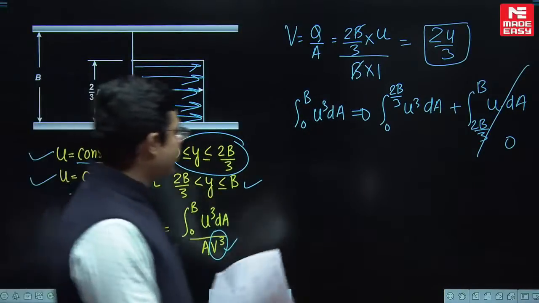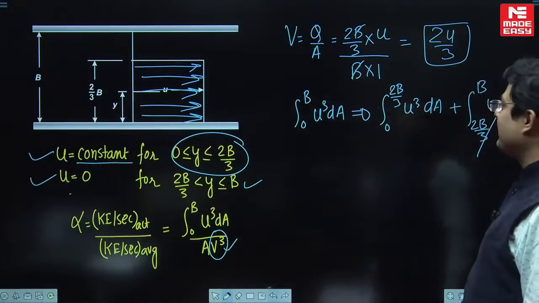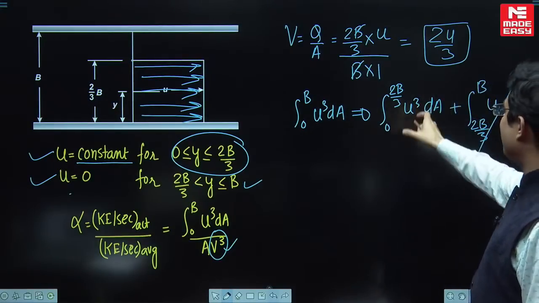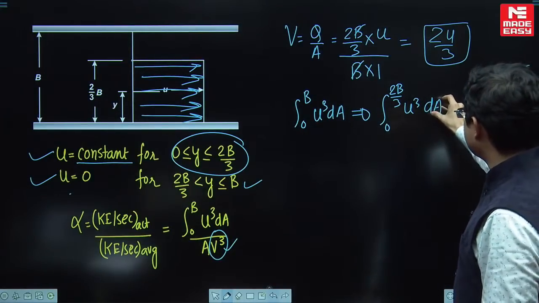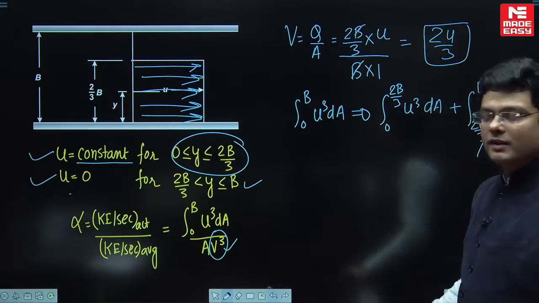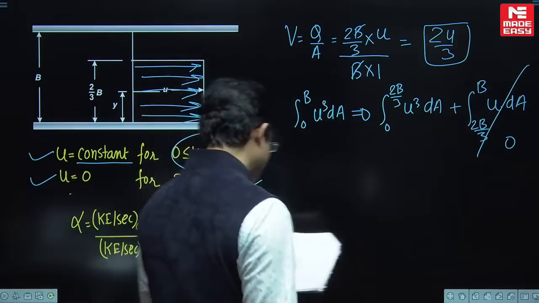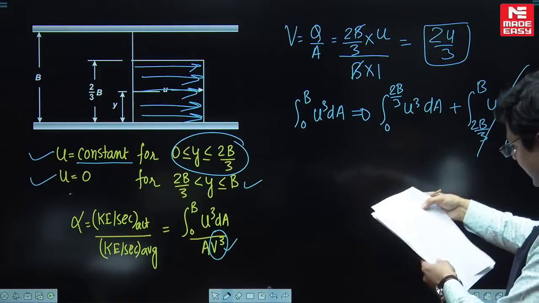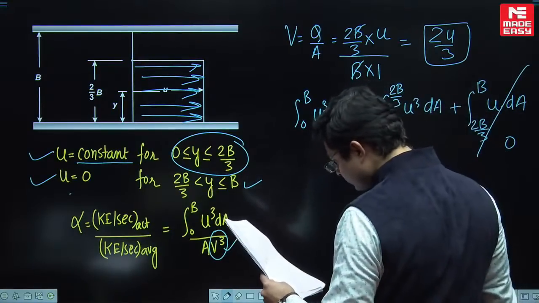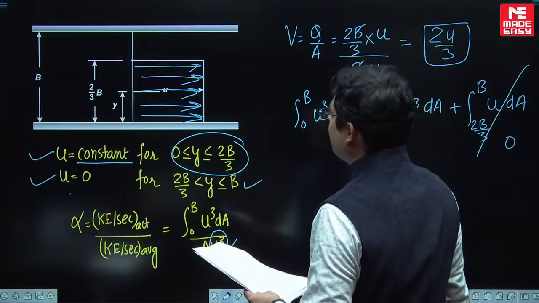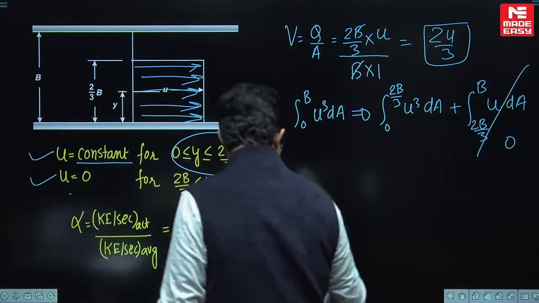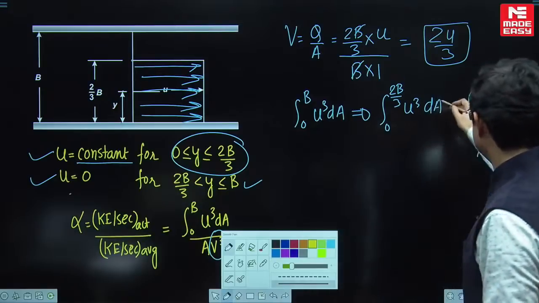What a fantastic question. Now it is very simple. Beta u is a constant, and area is your b cross 1, this 2b by 3 is the area. So you need to integrate, find the answer. You are integrating with respect to y, so area is y dy, this is dy cross